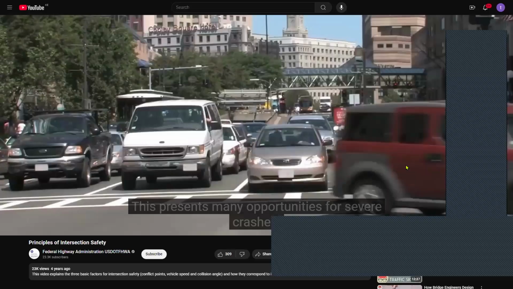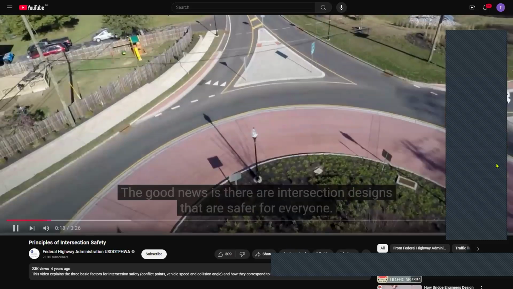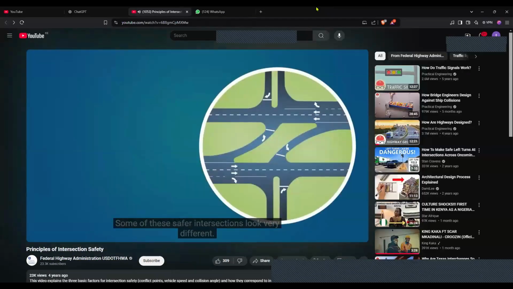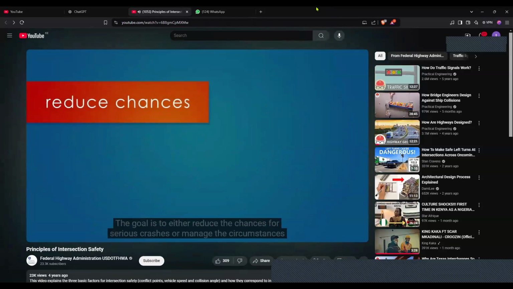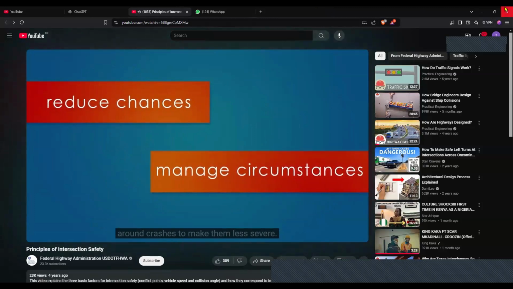presents many opportunities for severe crashes. The good news is there are intersection designs that are safer for everyone. Some of these safer intersections look very different. Others may look familiar, but require a different way to make left turns. The goal is to either reduce the chances for serious crashes or manage the circumstances around crashes to make them